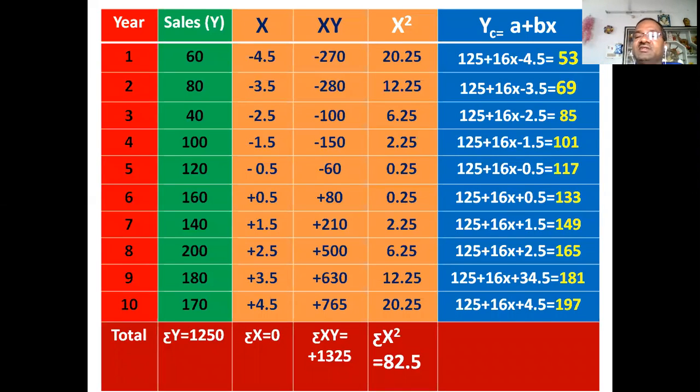Second year it is 69. Third year it is 85. Now again you find out what is the fluctuation, the trend movement from one variable to another variable. The first variable is 53, the second is 69, so increased by 16. Second is 69, third is 85. Again increased by 16. So for the rest of the years, the trends will be increased by what? 16. That is called linear least square.